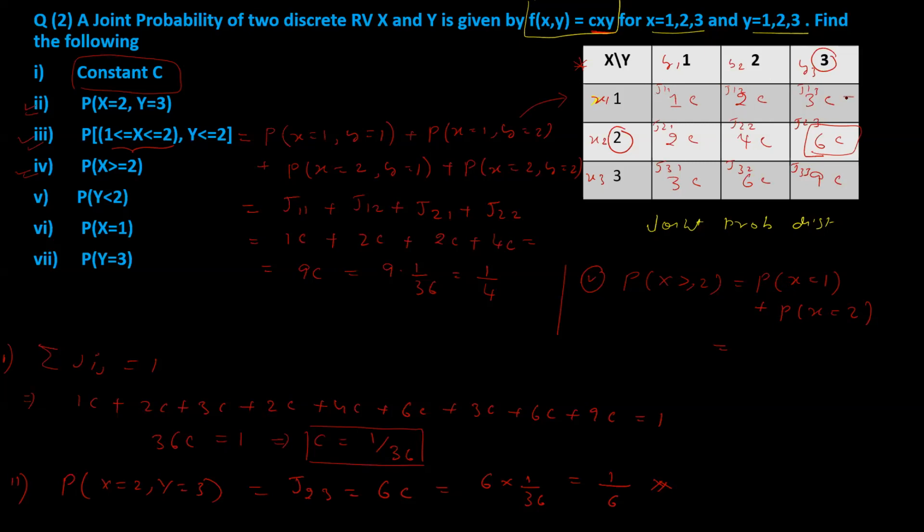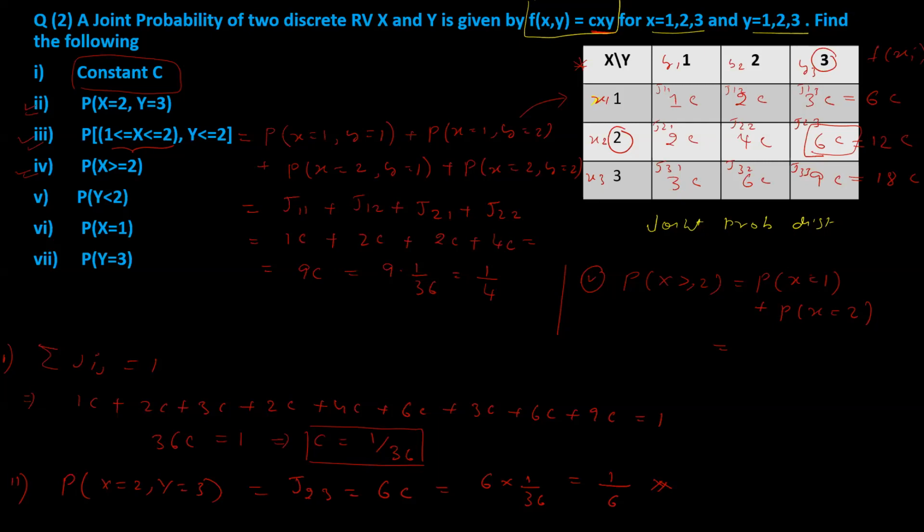If you add this, you will get one value. When you add this, you will get one value. When you add this, you will get one value. So you add and write it. 3 plus 2, 5 plus 1, 6c. So 6c, 6, 4, 10. This will be 12c, and then 9, 6, 15 plus 3, 18. This will be 18c. So this is the sum of f of xi's.